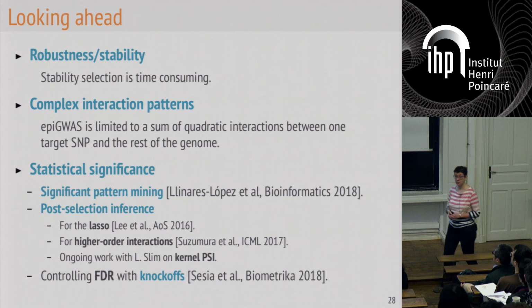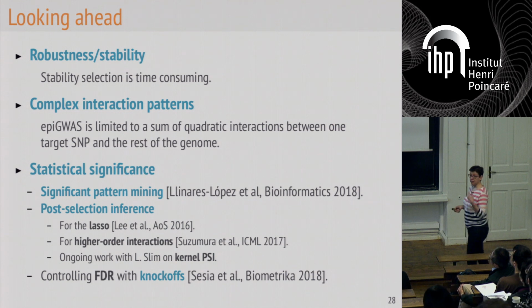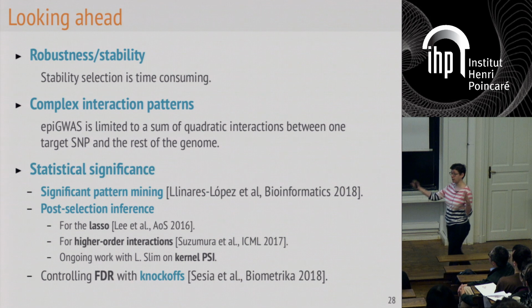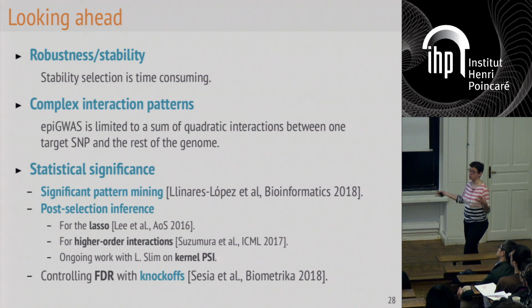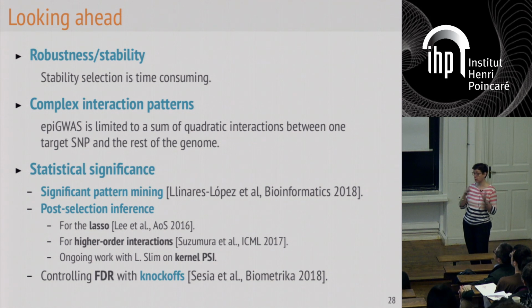So there's a number of interesting questions still in this field. One is the question of stability. I've evoked it when I was talking about doing an elastic net and stability selection, but it's still not very stable in the end, and it's very time consuming, because you have an experiment that takes a lot of time and then you need to repeat it 1,000 times for stability, so that takes 1,000 times more. So there's lots of questions here. I've limited myself to either additive effects or quadratic effects. Things could be more complicated.